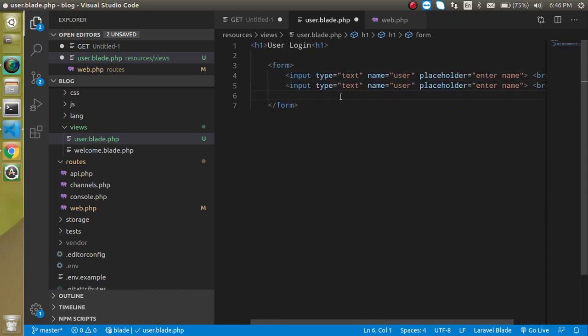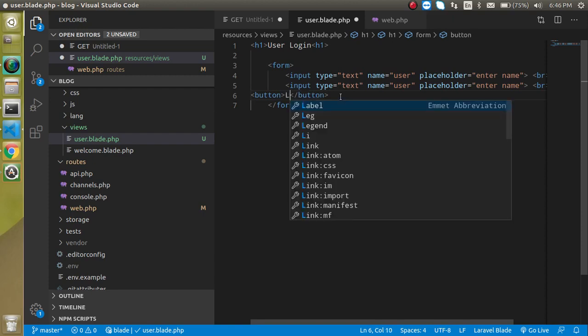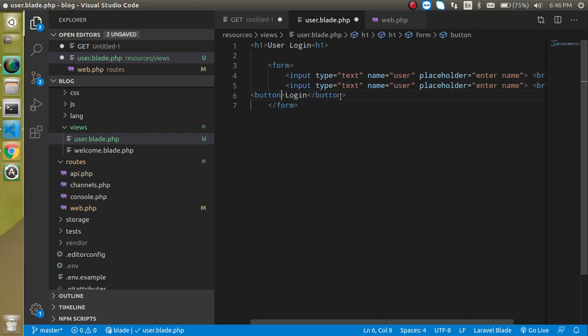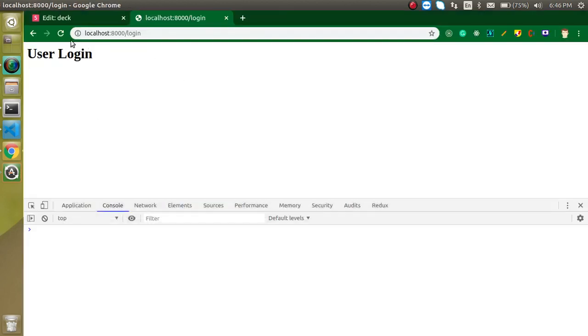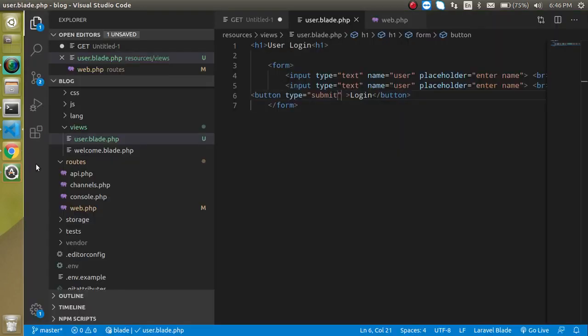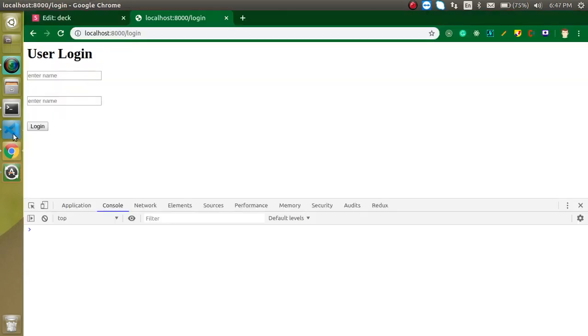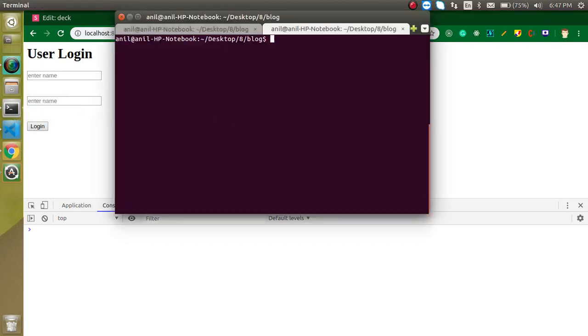And at the last, let's take a button and just make a text login, and this button type can be submit. Right now you find that there is a small form also, that's okay. All right, so where we will submit this form? So we need a controller, so just write here